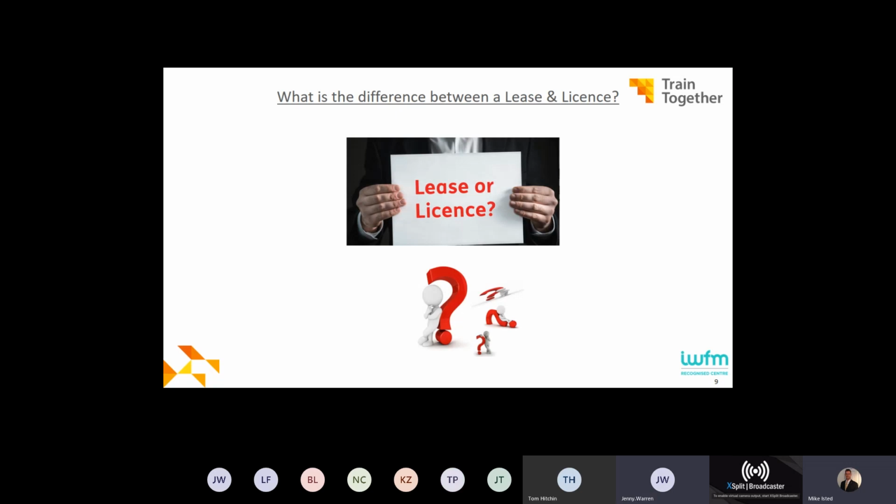Is it that the lease gives you sole rights to that building, and a license is just part occupancy, like it only allows you to occupy it part of the time, or for a little? Yes, it's not solely yours. Yeah, that's right. A lease gives you exclusive rights to the property. A license only gives you exclusive rights to a particular function, or even a period of time, or even a